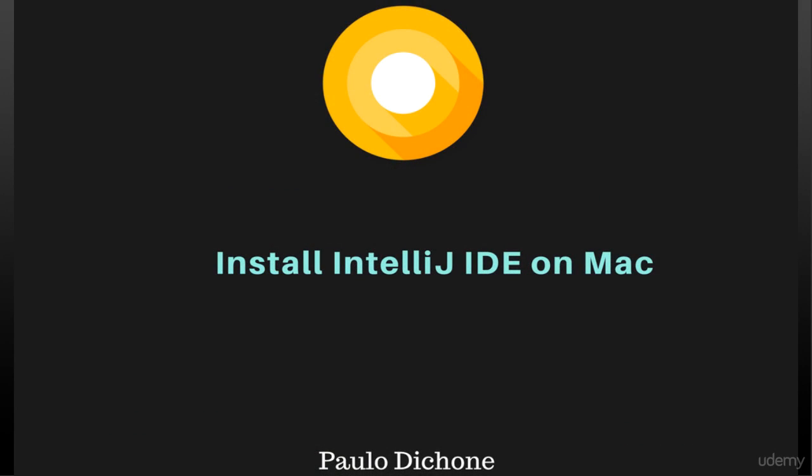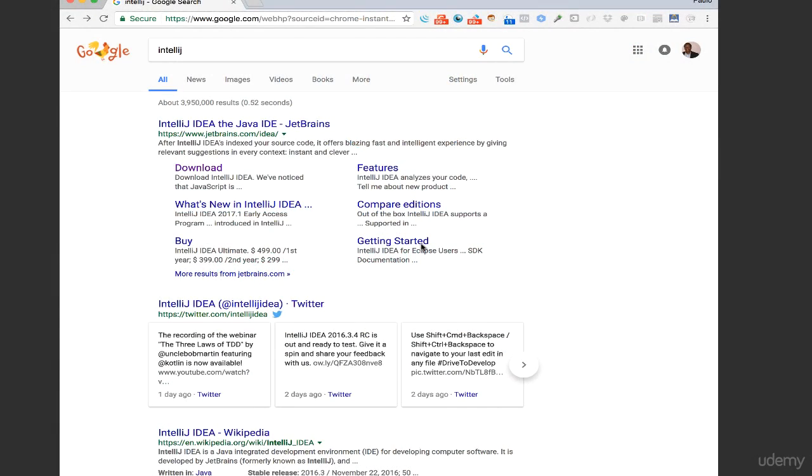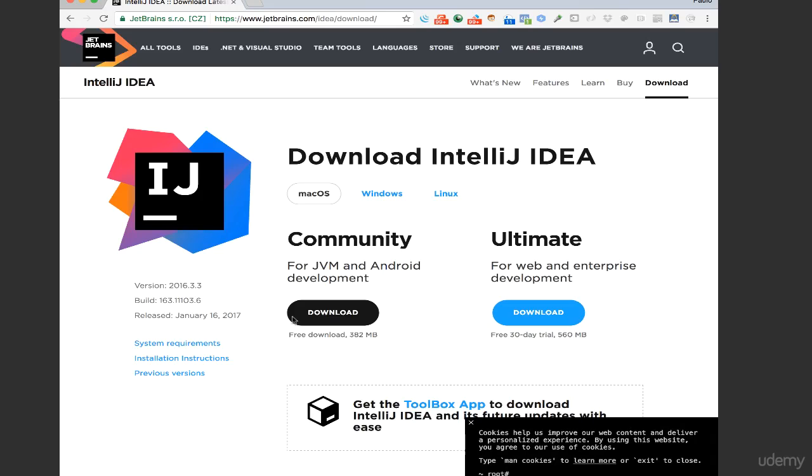So in this video, I'll show you how to install IntelliJ IDE on your machine. In this case, I am on Mac. You could be on a different kind of machine, a different operating system, but let's start with Mac first. So you go ahead and open up Google search. As you can see, I went ahead and searched for IntelliJ, and what you get is this. You get this site here, this link says IntelliJ, and you click download, which will take you to this